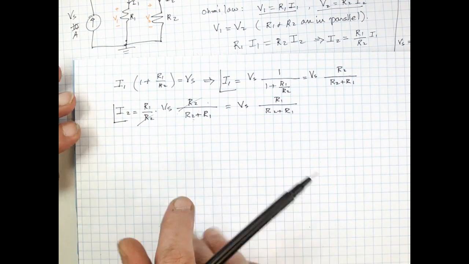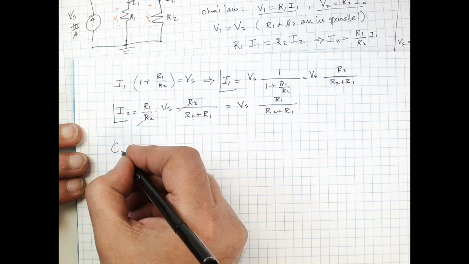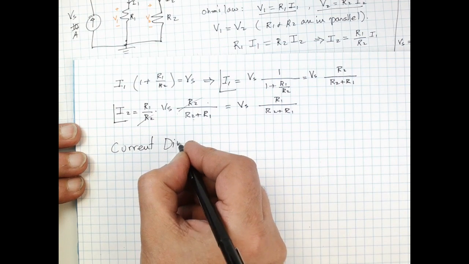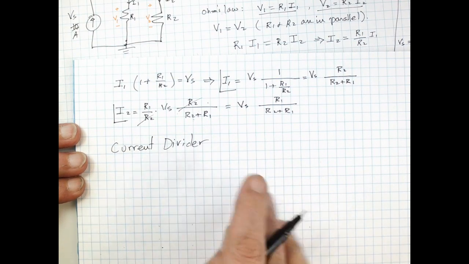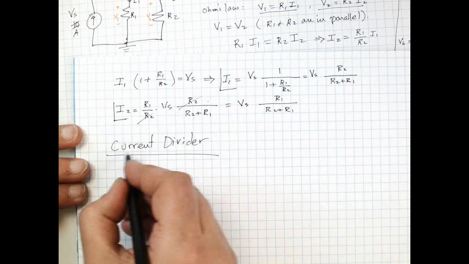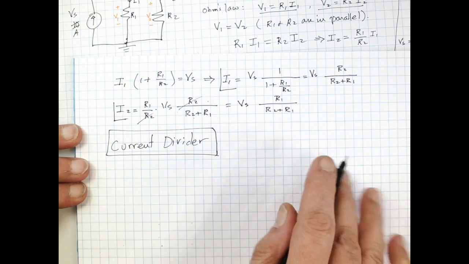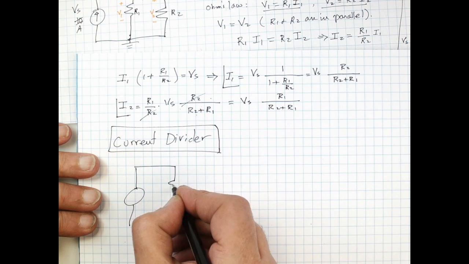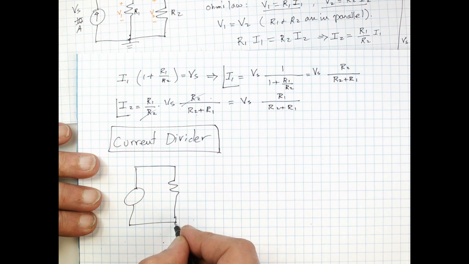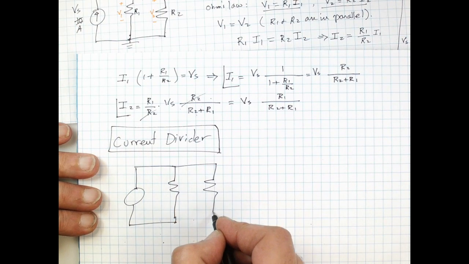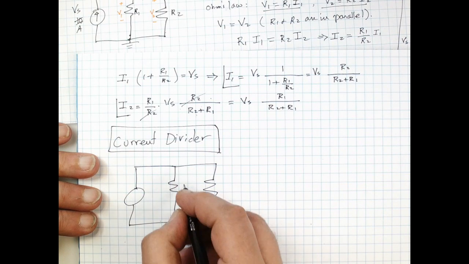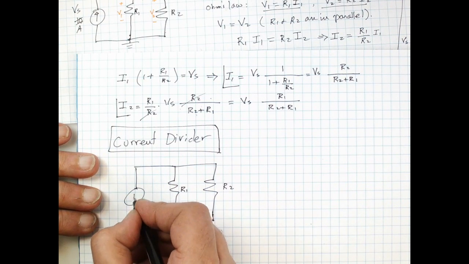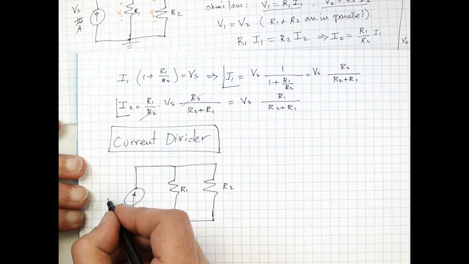This is called the current divider circuit. Again, this is an important standard circuit. So I'm going to redraw the circuit again. So we want to see how a current source essentially divides between two resistors, R1 and R2, and the current is flowing in that direction, and we have